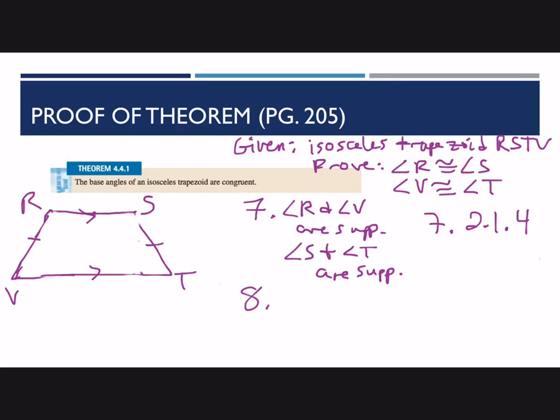All right, and now I can jump to the fact that R and S are congruent. And why is that? Well, we have theorem 1.7.3,